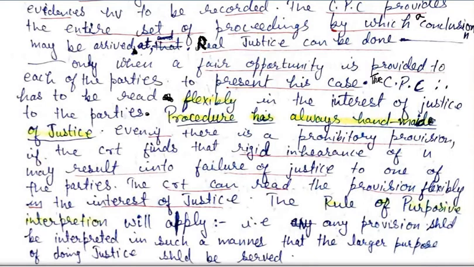Procedure is always the handmaid of justice. इस सेंटेंस को रट लेना, कहीं भी एग्जाम में लिखोगे तो आधा नंबर ज़्यादा मिल जाएगा। मतलब न्याय को अग्रसर करने के लिए प्रक्रियात्मक विधि बनाई जाती है और प्रक्रियात्मक विधि का उद्देश्य न्याय को अग्रसर करना है। अतः प्रक्रियात्मक विधि को आप कठोर रूप से नहीं पढ़ सकते, आपको उसे लचीले रूप से पढ़ना होगा जहाँ भी आवश्यक हो। The procedure is always the handmaid of justice means